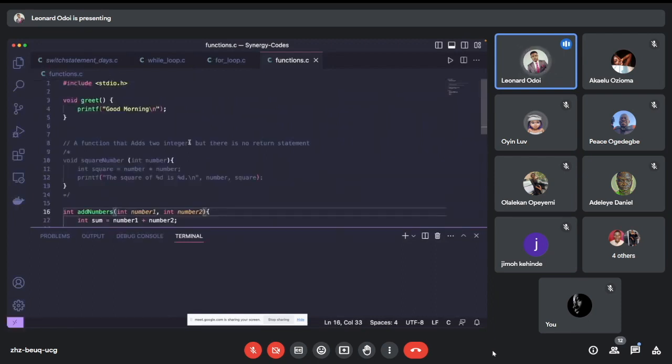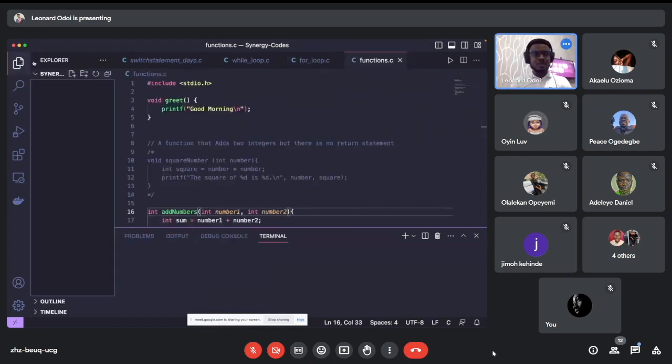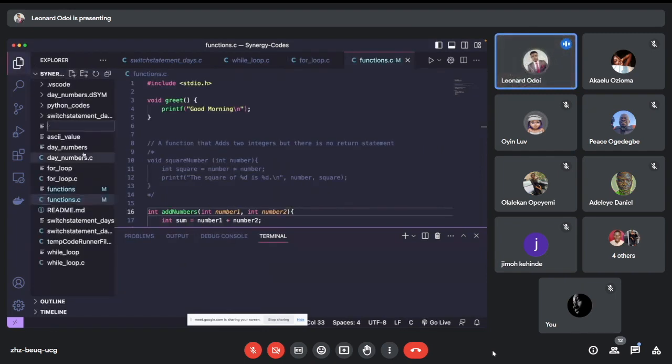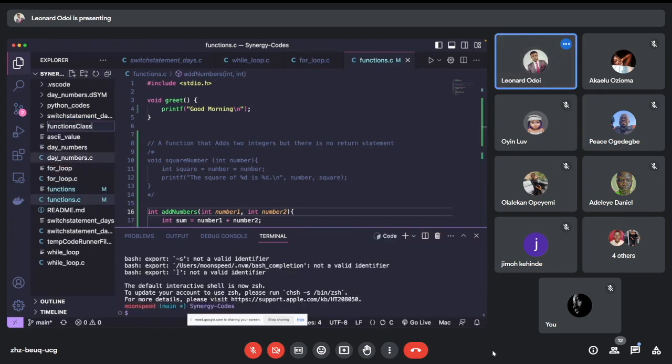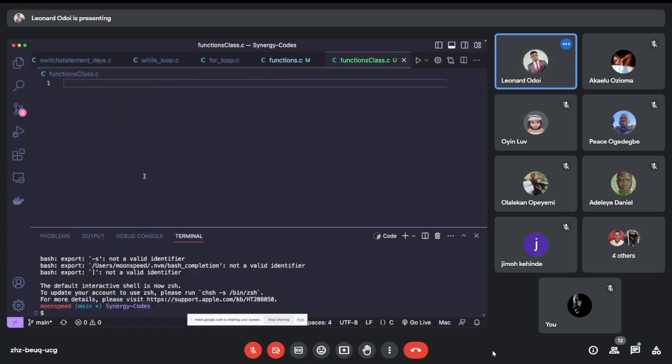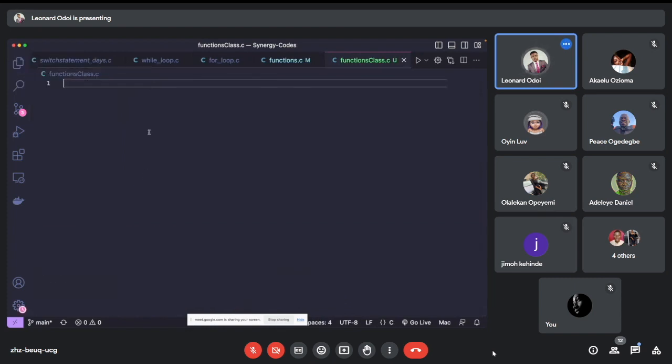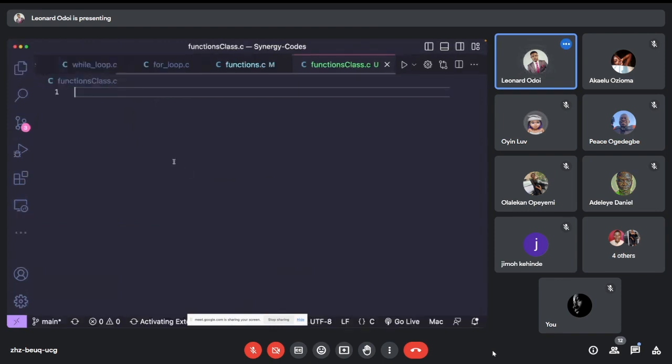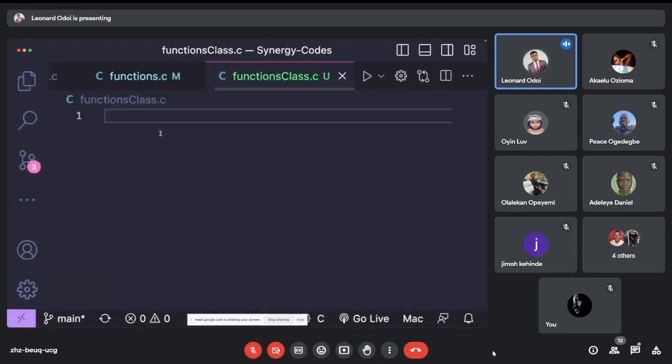All right. Let's not get too complex. So let me create a new file. Let's call it functions pass .c, because it's a C file, and I enter. Wonderful. So let me get rid of this. Okay. And then let me also get rid of my terminal and increase the fonts of our IDE, and let's